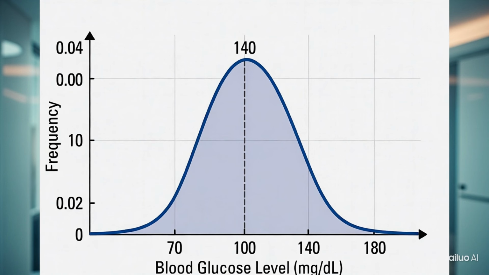So the mode is very simple. It's always the highest point. Remember, the mode is the number that occurs most commonly, and we have number of subjects over here on the y-axis. So that's the number of times that recording occurs. So whatever this blood glucose level is the most common, and that's why it's the highest point on the